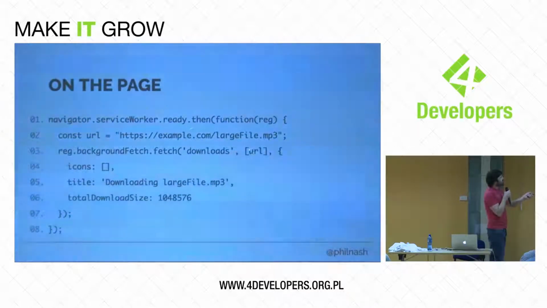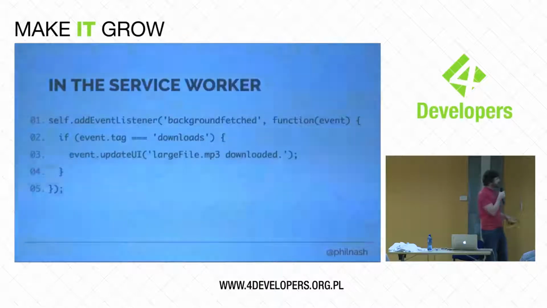So you can pass a URL, or in fact a list of URLs to this, and then some other bits like some icons, so that can show up an icon that your application is doing this downloading in the background. Having a title for that, and then this is kind of a hint to the size of the thing, so that the UI in the browser can instantly show a guess of how much time it's going to take. That gets taken over when the browser actually receives the real content size from the headers of the file themselves. And you can do, as I said, a list of URLs in this case. Again, you get a tag that you can go and look these things up at. So you can look things up later, both in your UI and in the service worker.